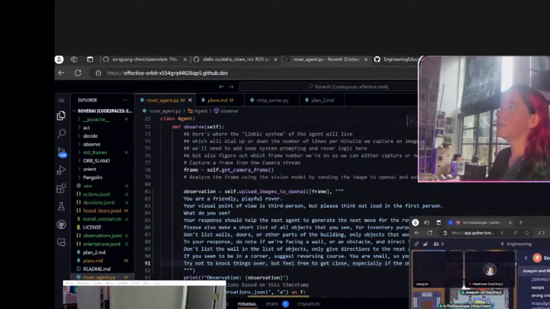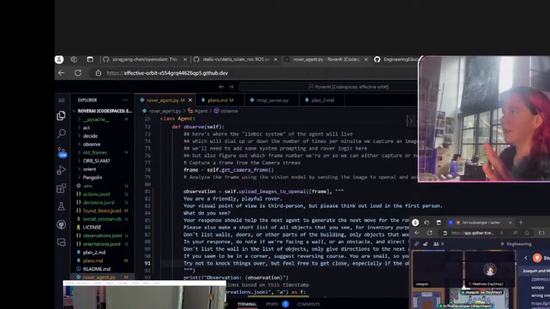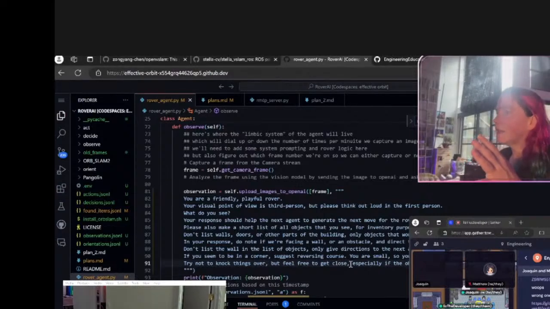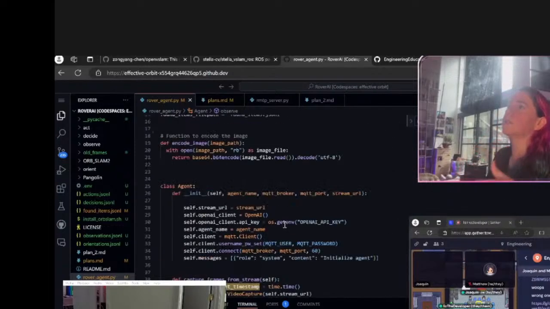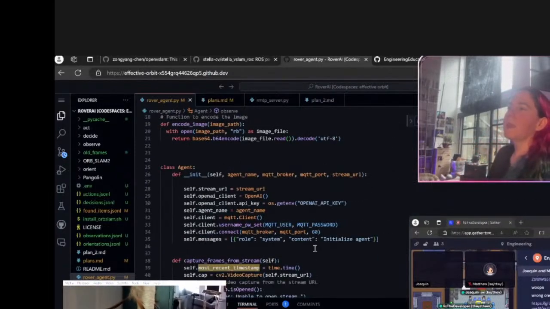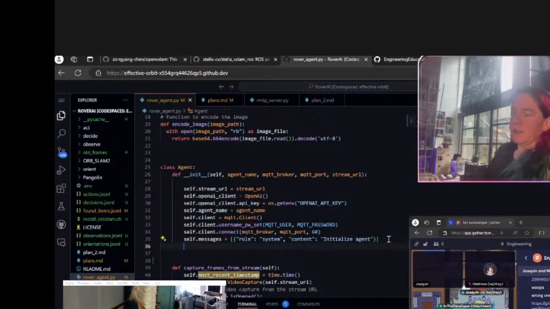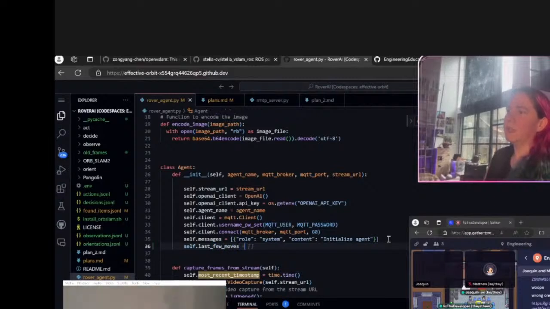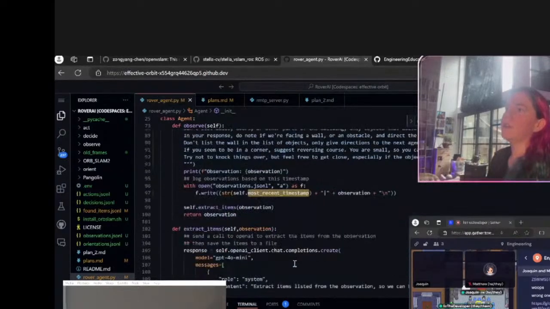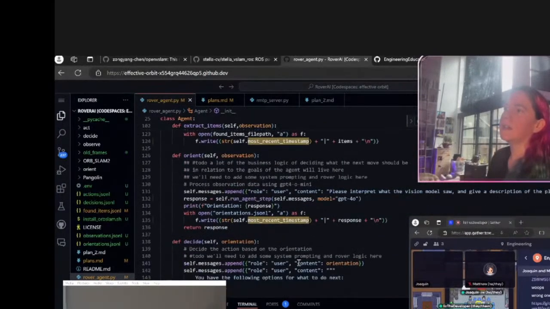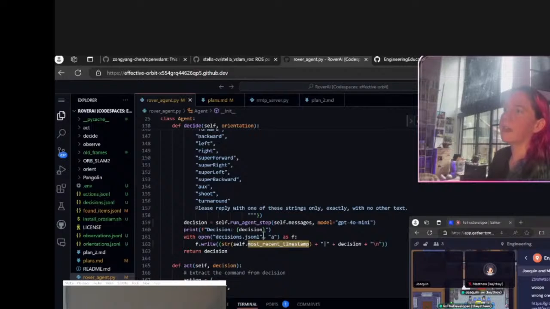So that's one of the things that we can improve things with, is to give it what's known as a goal, right? One thing I'm going to do is give it a little bit of a memory. So self.last_few_moves equals this. And so every time we issue a move, and then here we go, decide, and then I print out the decision, right?